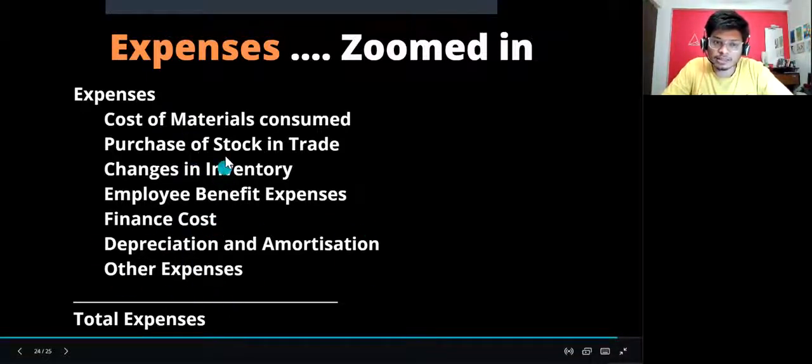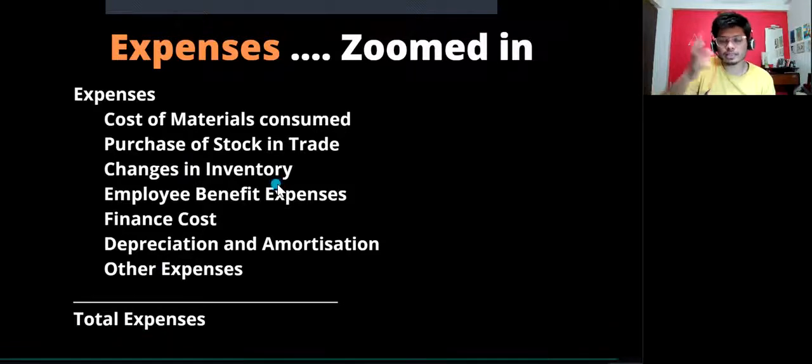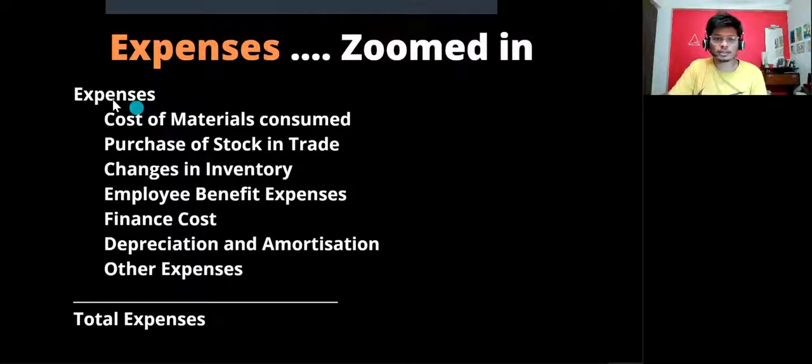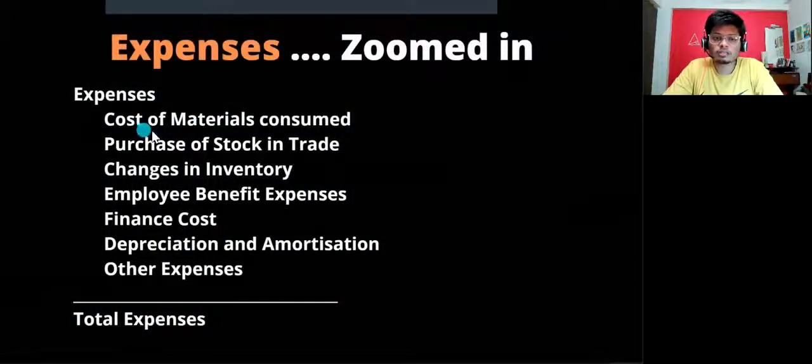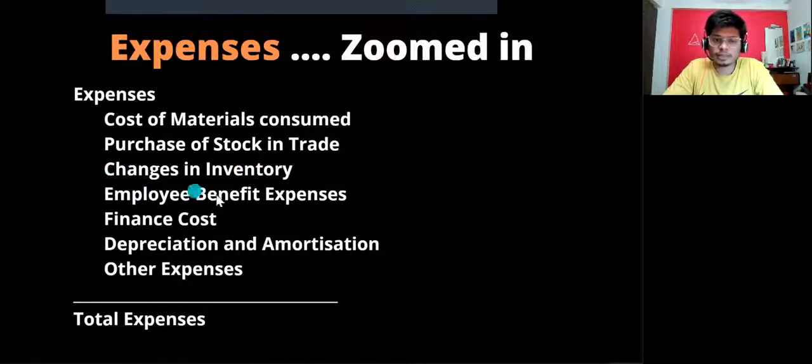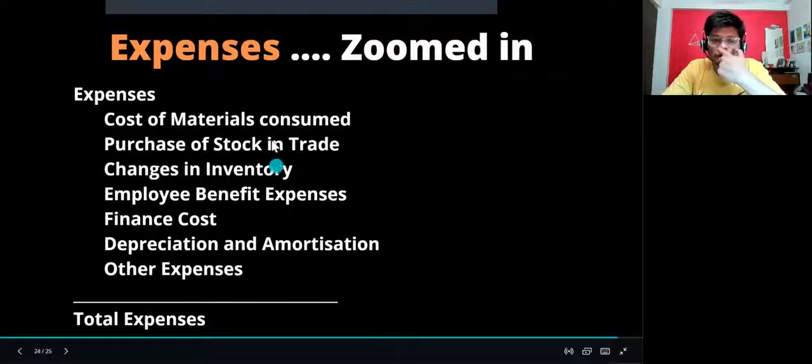And then any other expenses that are there, you can put them in other expenses, and then in the schedule you can just give a schedule of this much amount for the other expenses, and show that. So that's all my expenses. So let me just recap. Expenses include what? Firstly, the cost of material consumed, purchase of stock in trade, changes in inventory, employee benefit expenses, finance cost, depreciation, amortization, other expenses. These include your total expenses. Got it?